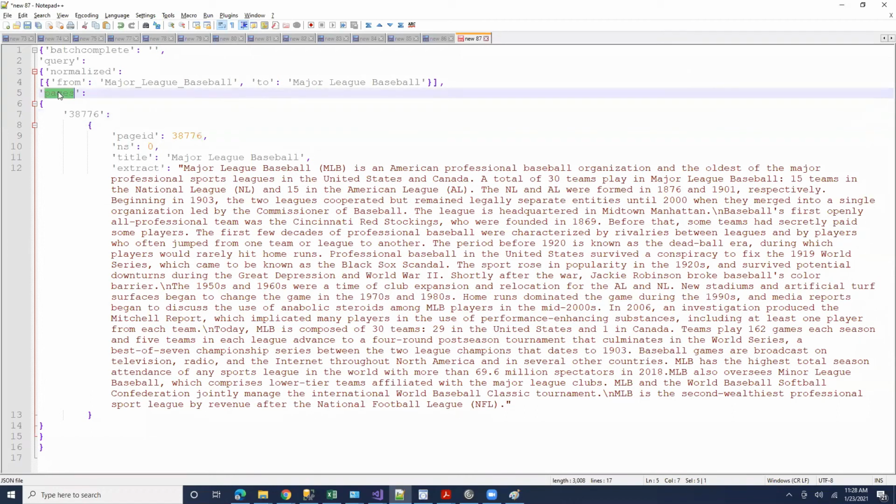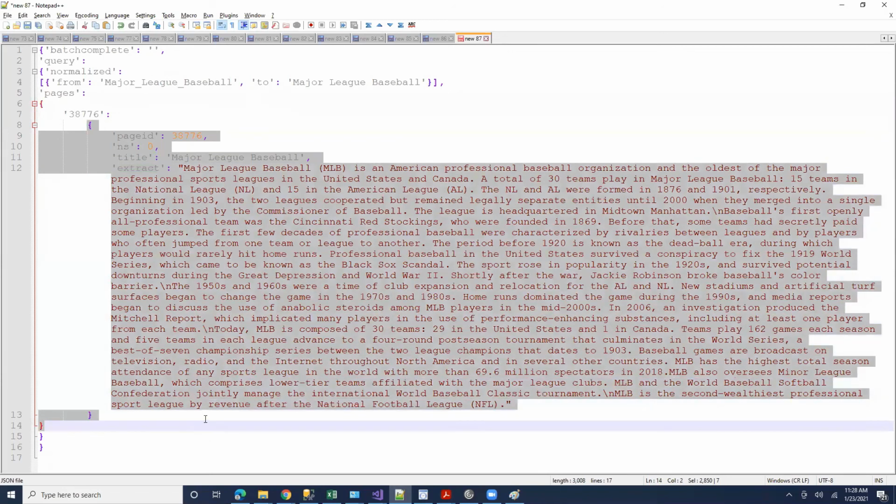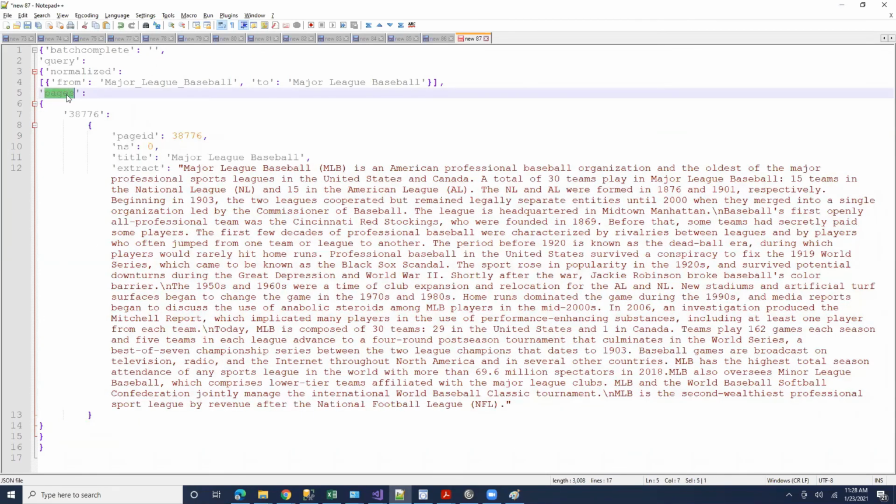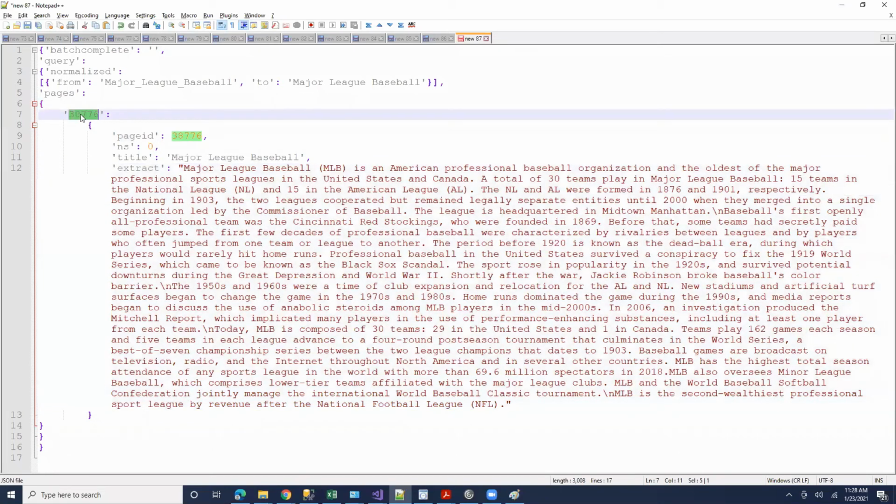The pages element has a dictionary, and in that dictionary the first key has a page dictionary. So you can think of this as a page dictionary, this as a pages dictionary. I went to the pages dictionary, got the first page dictionary value, and then I'm reading the extract out of it. But unfortunately, I would have no way of knowing the key ID for this, right?